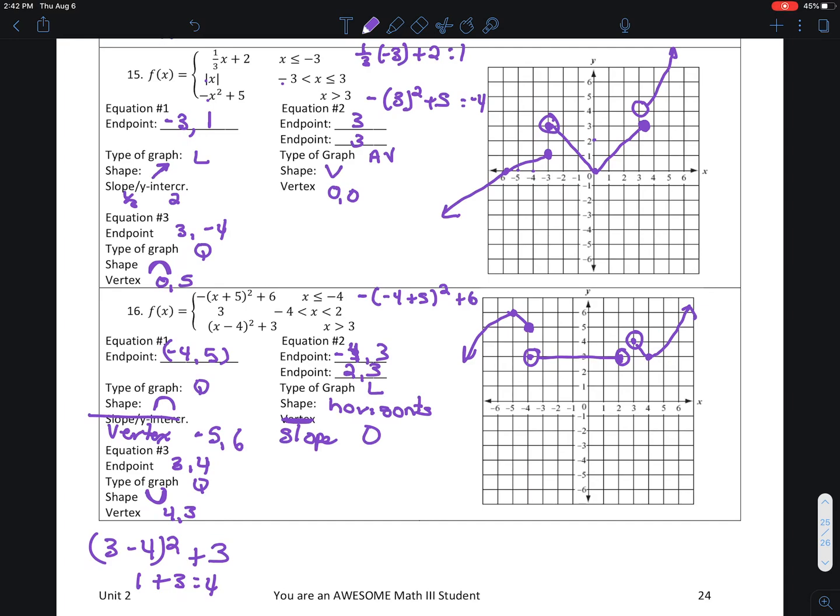Yay! That's the end of that lesson. This is the end of lesson 1B, and you should be able to, in this unit, graph absolute value functions. You should be able to sketch quadratic functions. You should be able to solve absolute value equations and absolute value inequalities. And you should be able to graph piecewise functions that contain absolute value, quadratics, and linear. And we will talk about all of this in our synchronous learning. If you have any questions,